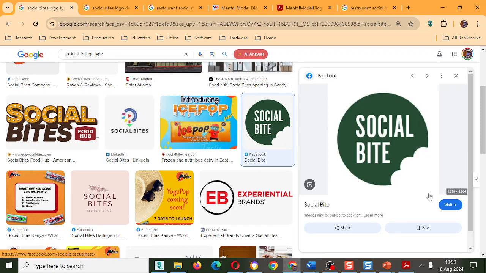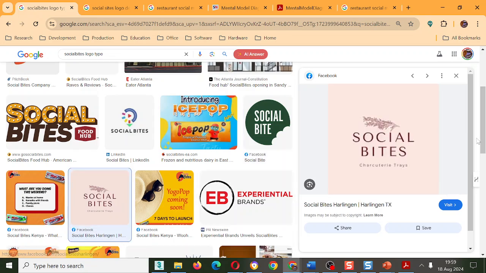Here's another one, right? So what I'm really trying to encourage is for you to have something special. The client will not feel inclined to go with us if they don't feel that what we're putting in front of them has a unique logo type and a unique symbol. If they don't feel as if the logo type in itself and also the symbol represents them in some way. So it's unique, it's special, and at the same time, it's different. Different is the same as unique. It's not the same as the others. All right? It should be like that.